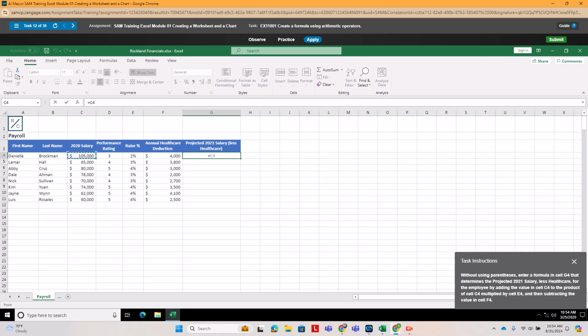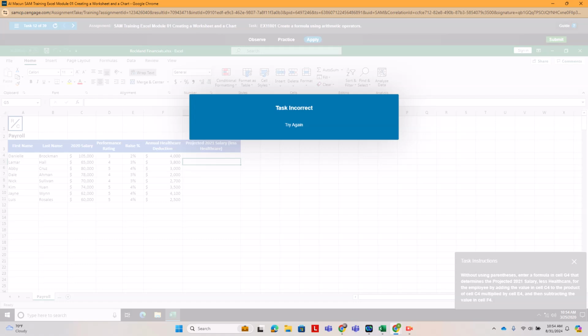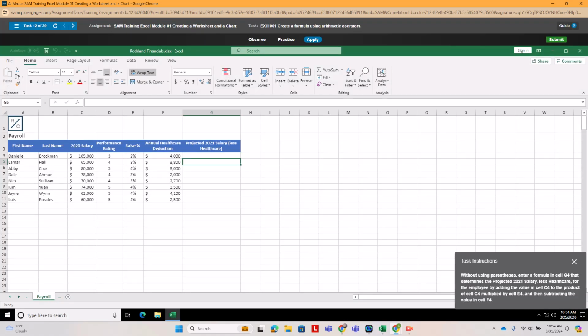So we're going to go C4, times, which is our asterisk or shift 8, E4, and then minus F4. And hit enter. That is not correct, because I didn't read your question properly. So G4 is going to be